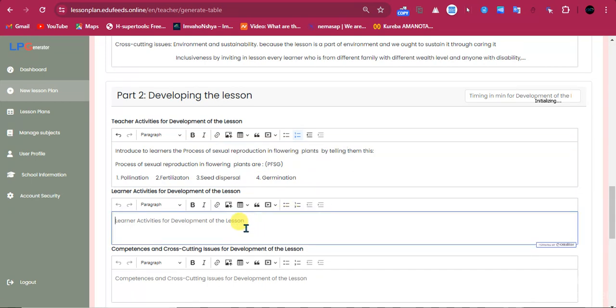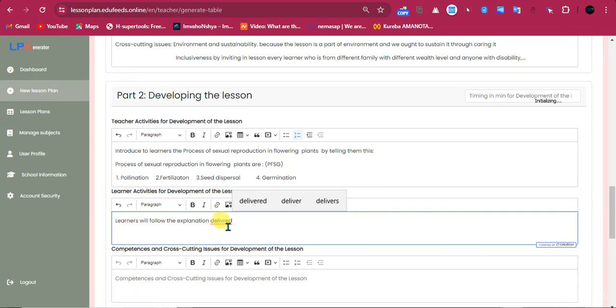So the learner activities for development: learners will follow the explanation delivered.